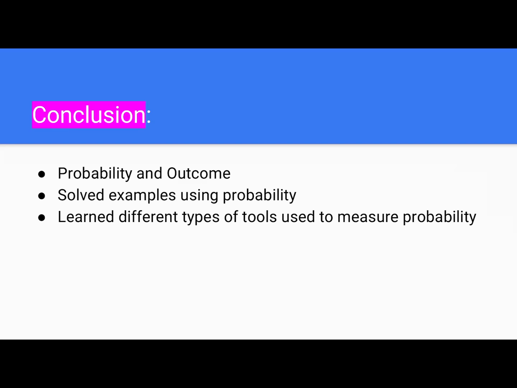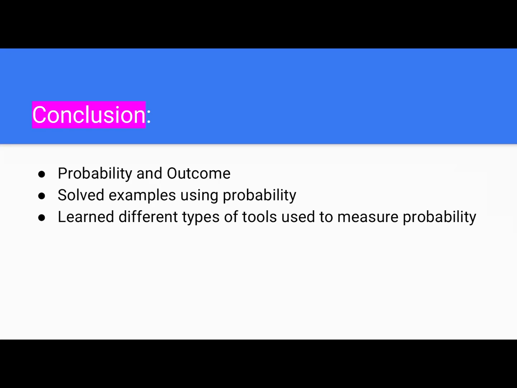All right, so here's our conclusion. So today we talked about probability and outcome. Those were our 2 definitions, right? The outcome was the total amount of events we have possible, and the probability is the chance of a certain event happening. So we solved examples using probability. Think about the marble example, the spinner example,